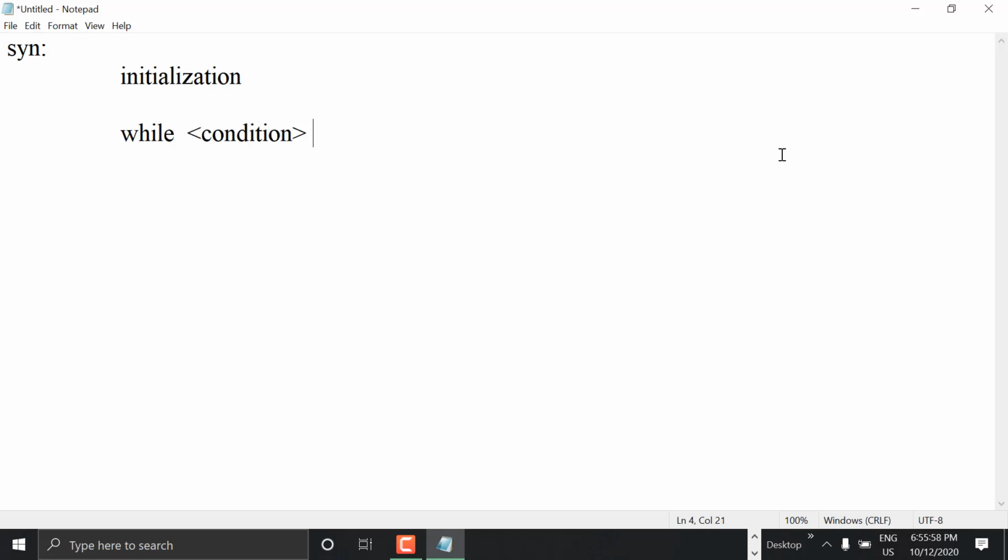Since it is a loop now, we have to maintain proper indentation. So the indent, tab space or something, we need to give, and then we'll write some statements. All the statements will be executed. At the end, we'll be writing either increment or decrement or any other statement. It's your wish. Finally, you may write something called else part here and then write statements. This is the syntax of while loop in Python.